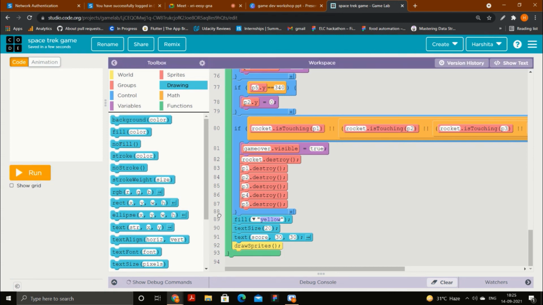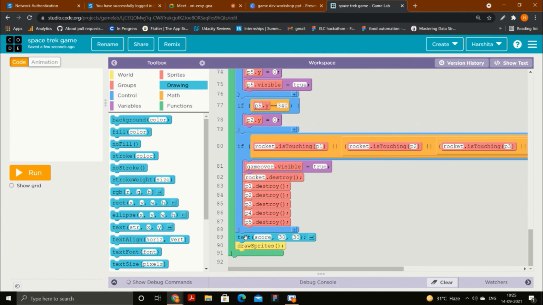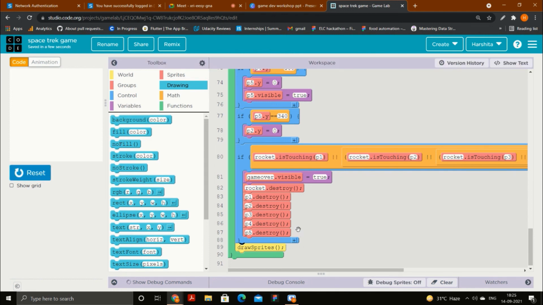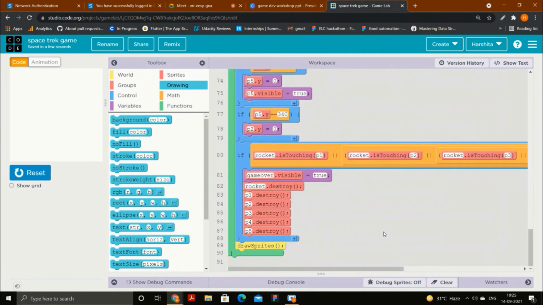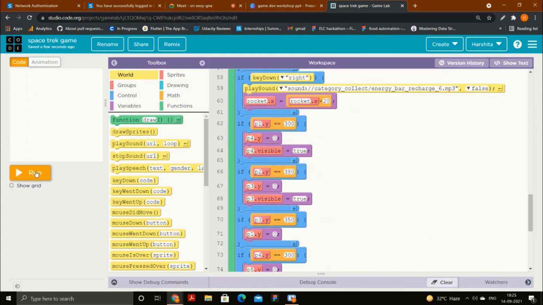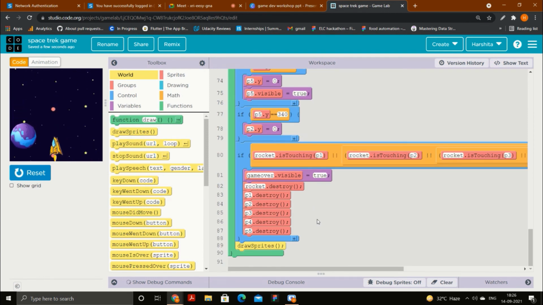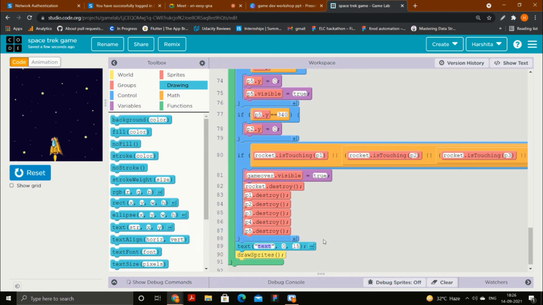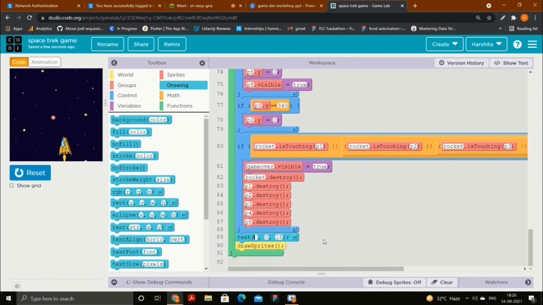For now, I'm just removing it. See, there is a platform issue. So I will just reload it. Yeah, now it's coming. And okay, I need to add the text and everything again. So I will add that part again. I will remove the double quotation from here.